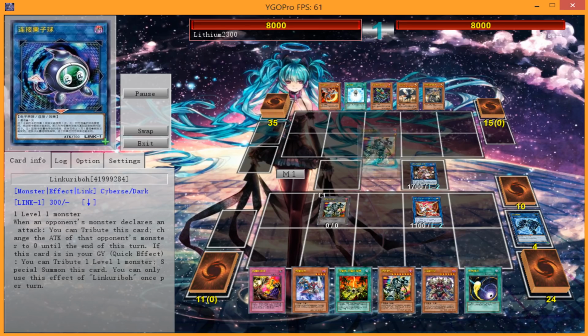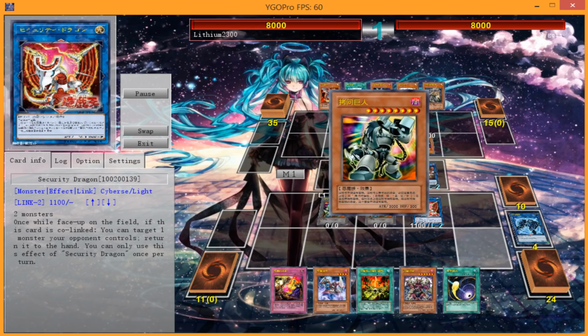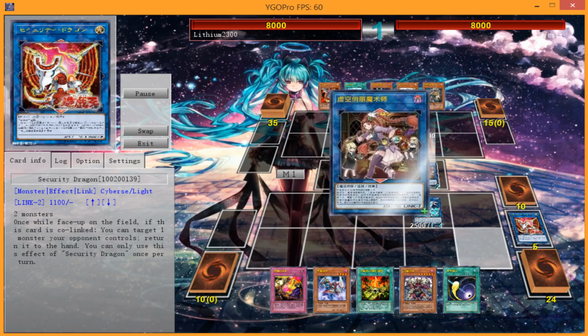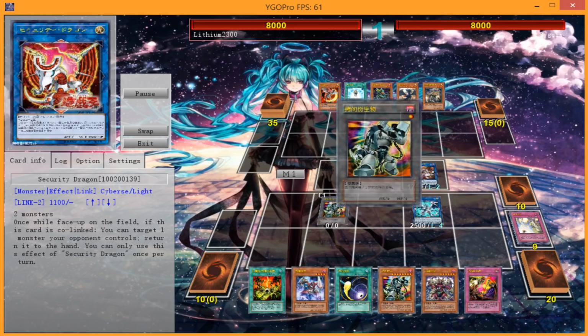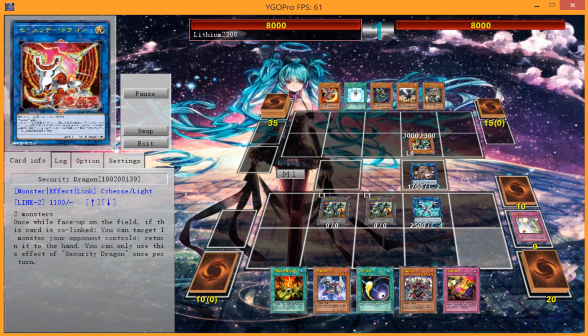As something that I didn't mention, as you probably saw in the side deck as well, Infernoids is something that can definitely take advantage of this new Link monster. I also did not mention that during every one of your own standby phases,